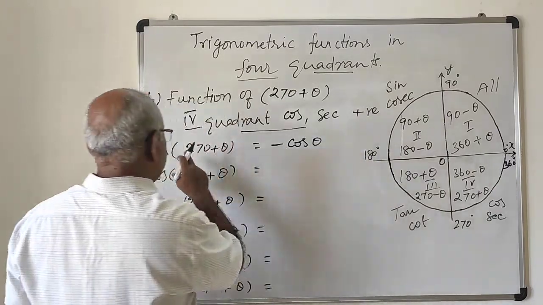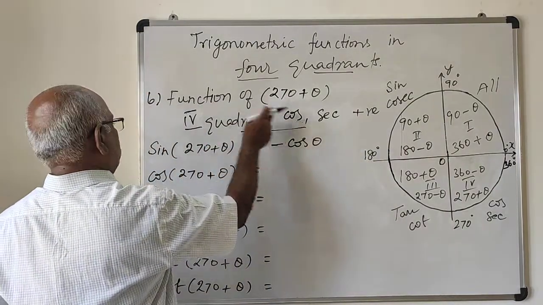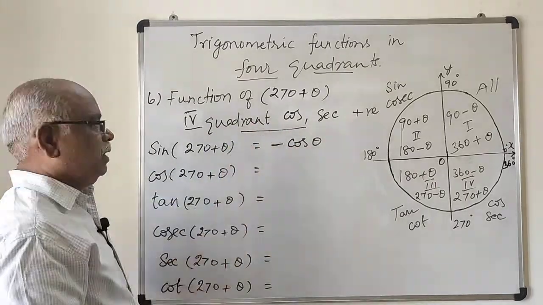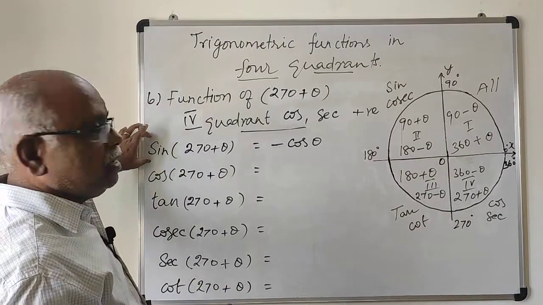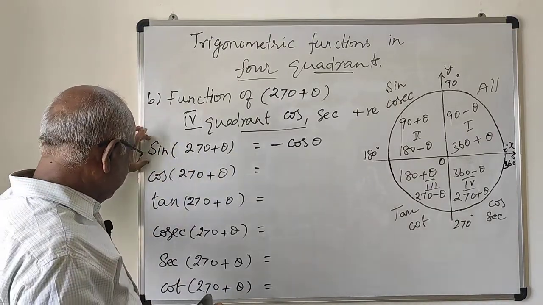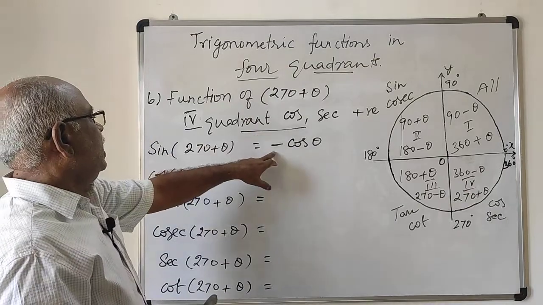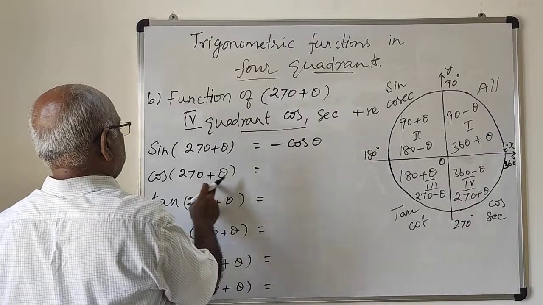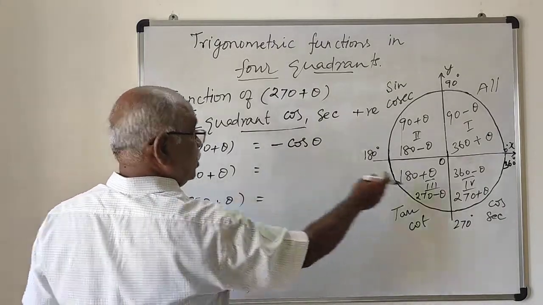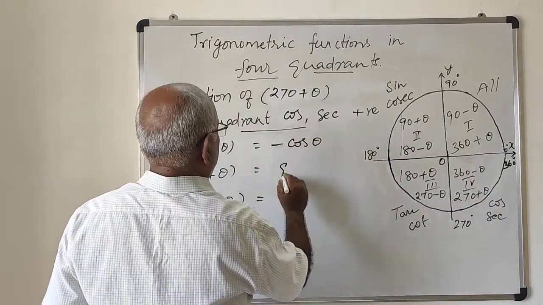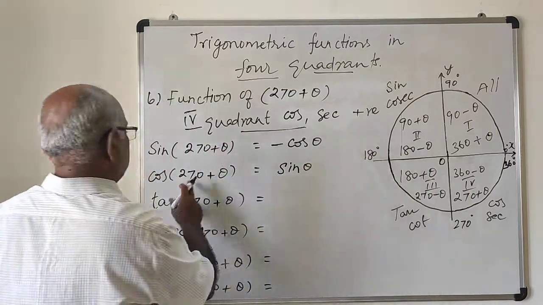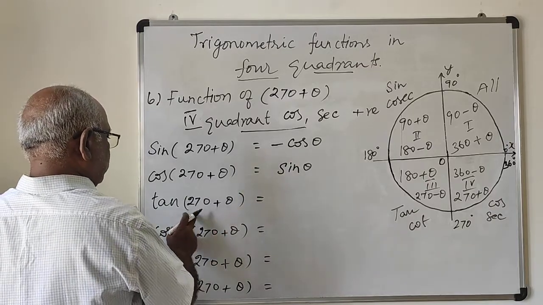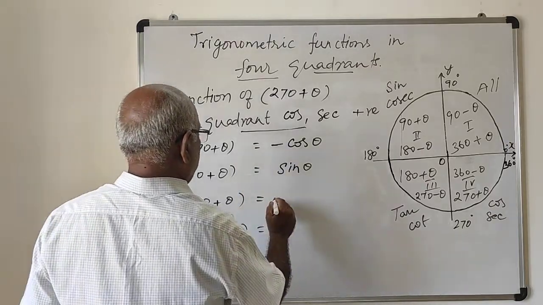270 plus, fourth quadrant, cos is positive, sin negative, therefore minus. For sin 270 plus theta, sin is negative, therefore the answer is minus, and 270 changes the ratio into its complement cos, therefore minus cos theta. Cos 270 plus theta: cos is positive in the fourth quadrant, it changes the ratio into sin theta. Tan 270 plus theta: fourth quadrant tan negative, 270